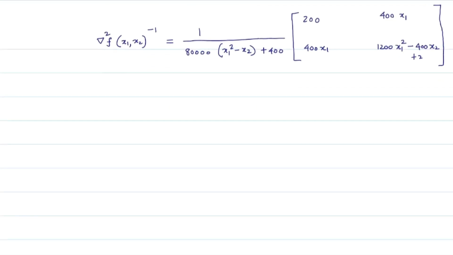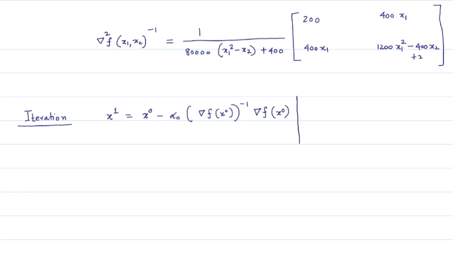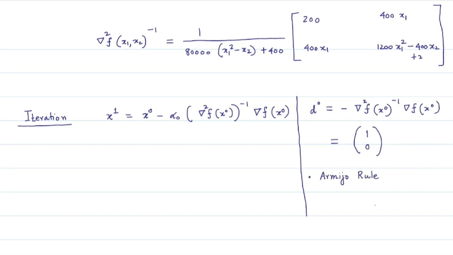Now we are ready to compute the next iterative point x1. We see that x1 is given by, in the damped Newton scheme, x naught minus a step length alpha naught times the Hessian inverse times the gradient at the point x naught, where this alpha naught is given by the Armijo backtracking rule. The Armijo backtracking rule for this Newton direction d naught, which gives us the vector, you please compute, the vector (1, 0), is given by